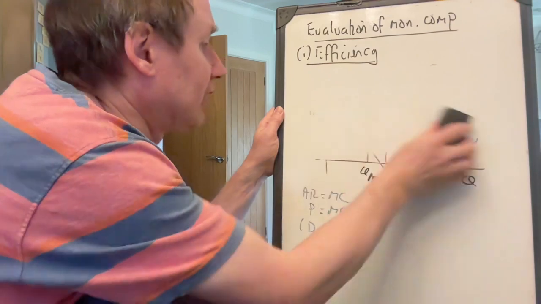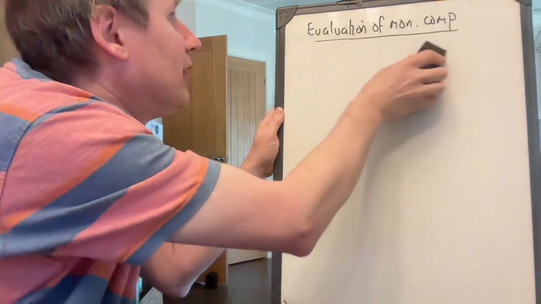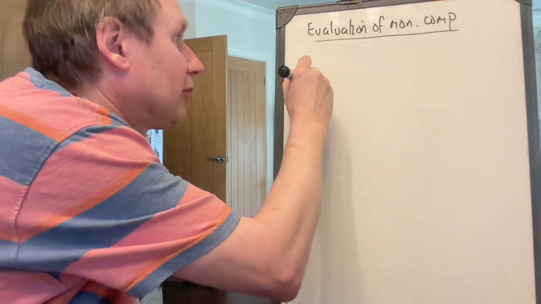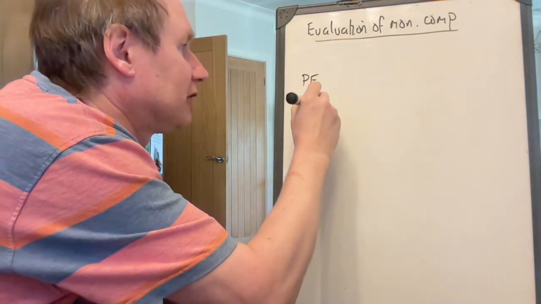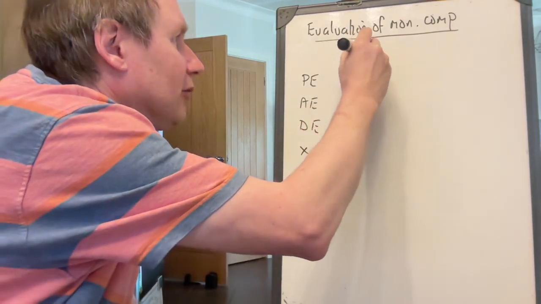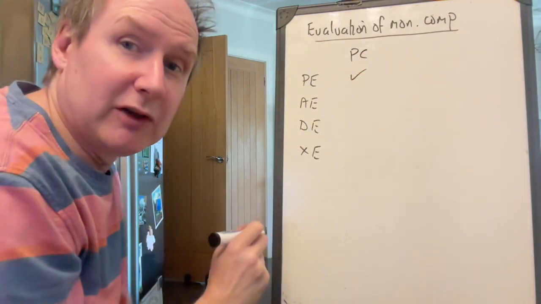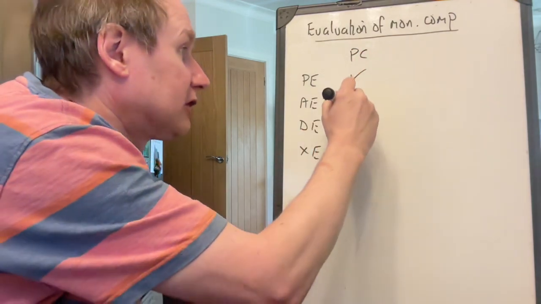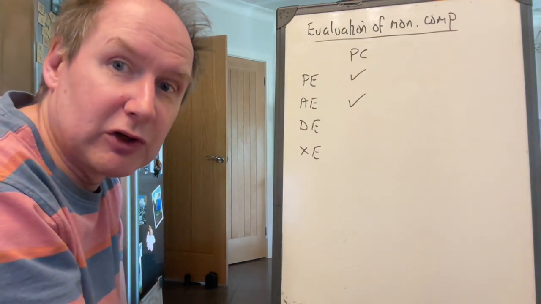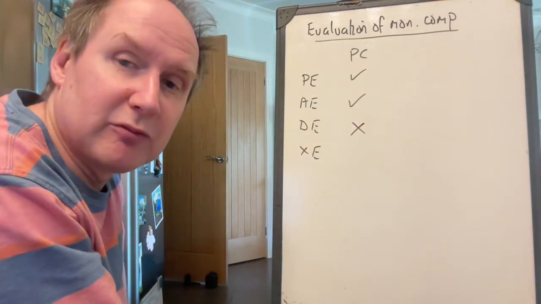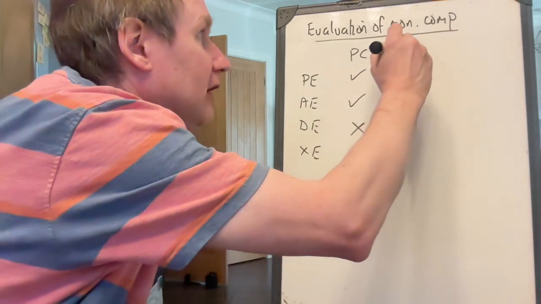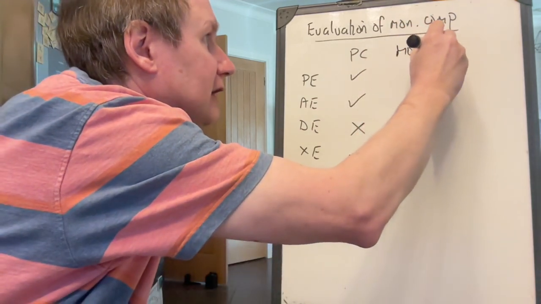So, in summary, if we were to compare perfect competition and monopolistic competition on the basis of efficiency, we said we've got productive efficiency, allocative efficiency, dynamic efficiency, and X efficiency. In perfect competition, they're productively efficient, they have to drive price down to the midpoint of the average cost curve, they have to respond to consumer needs fully, so therefore they produce the socially optimal level of output. They're not dynamically efficient because there's no abnormal profit in perfect competition in the long run, and they are X efficient. If we look at monopolistic competition,